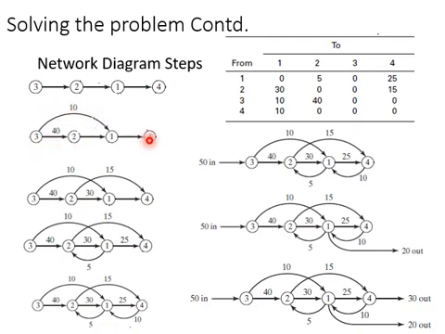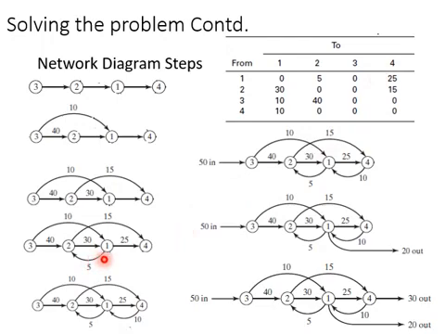Coming to the next step, we will see which is the next machine, machine 2. 30 parts are getting processed on machine 1 and 15 parts are getting processed on machine 4. The same thing we have shown graphically. Now take the next machine. Which is the next machine? Machine 1. Go back to the from-to chart. We can see on machine 1, 5 parts are getting processed on machine 2, 25 parts are getting processed on machine 4. So that we can show.